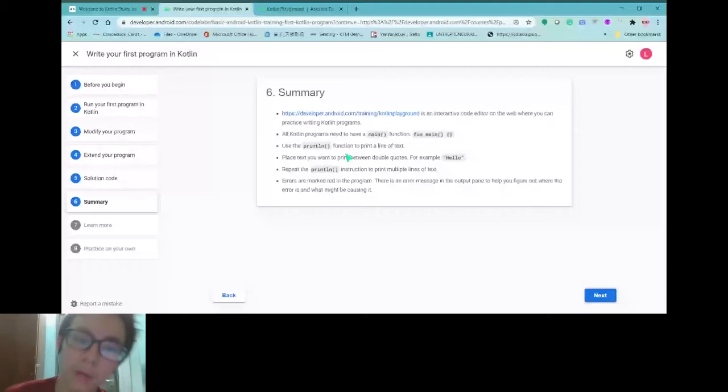Later we will see a way how we can repeat things, so we are not just doing print line, print line, print line every time. And then errors are marked red. Red means danger. Red means a bad thing in programming. And then there's a message here. So basically, next.